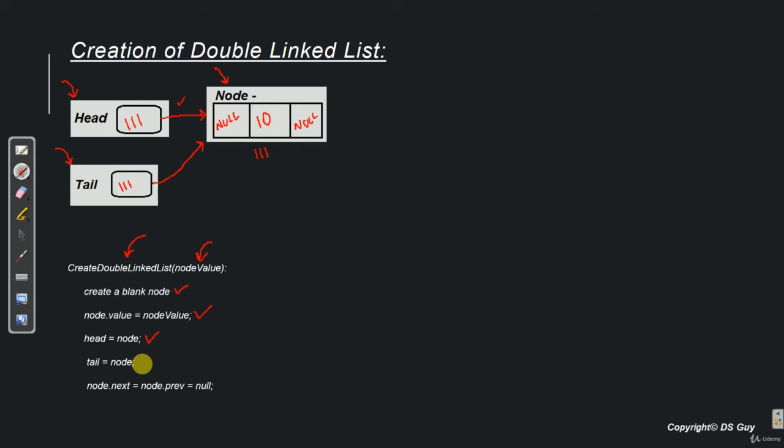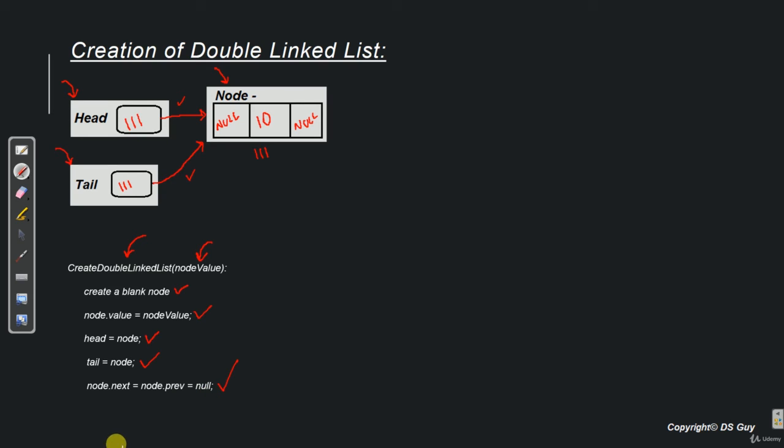Similarly, it creates a connection between tail and node, which we did here. And finally, node.next and node.previous, both of them are set as null because there is no node after this node or there is no node before this node. So both of them should be null.